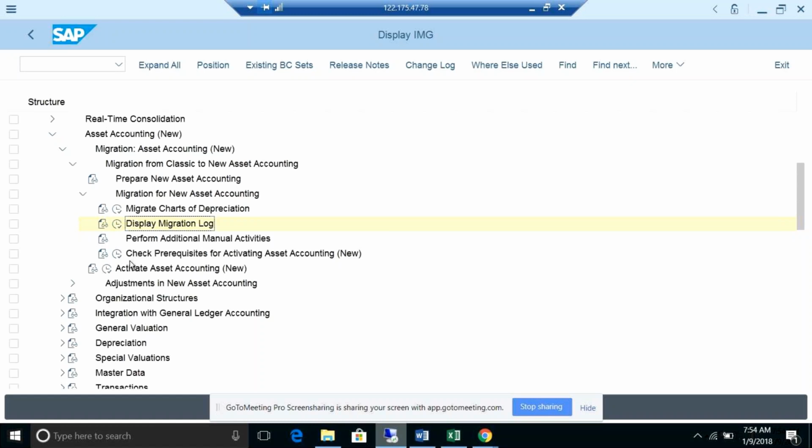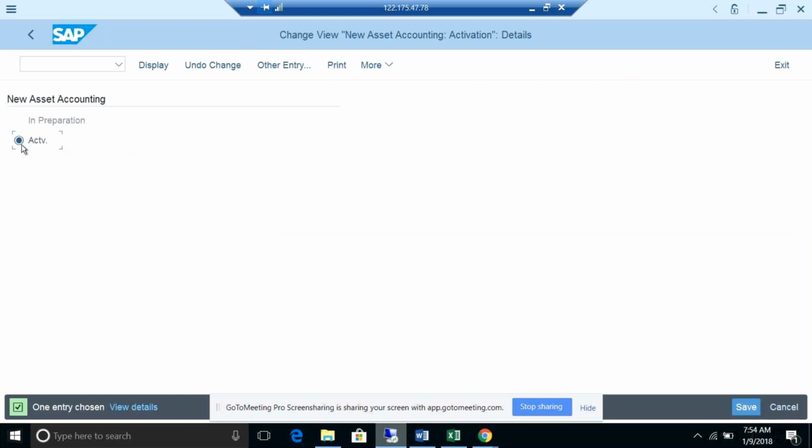Okay, and a further thing is to check the prerequisites. Just now we discussed the prerequisites, and all those things we also need to take care of. Finally, the activation of new AA is mandatory. Without this we cannot go further, especially on S/4HANA.